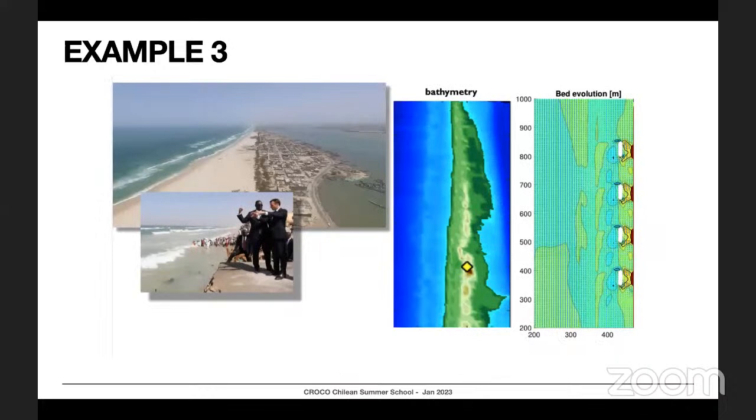And another example is in Senegal, in Saint-Louis. So here you have this in Dakar, sorry. Here you have the city of Dakar. Here you have the open ocean, and here you have a very, very long sandbar, maybe something like 40 kilometers long and 200 meters wide, which is protecting the city from the ocean and which is eroding. So the question is the erosion of this sand barrier. So we use the model